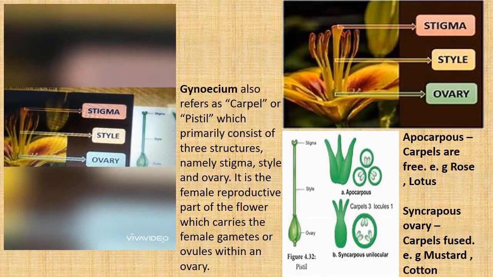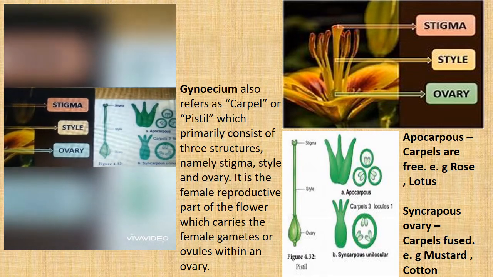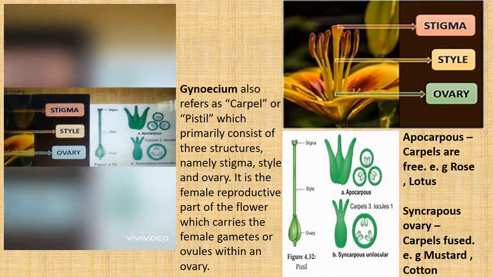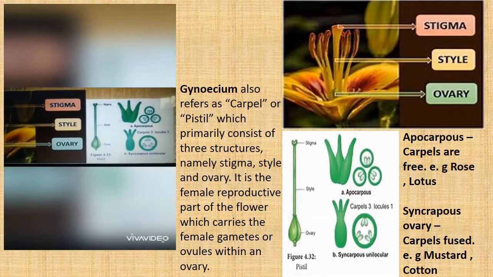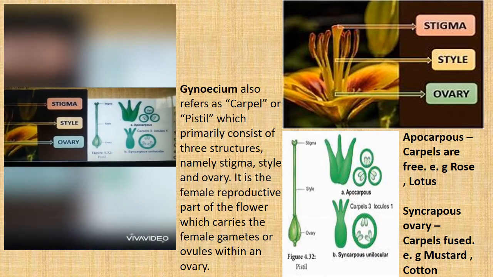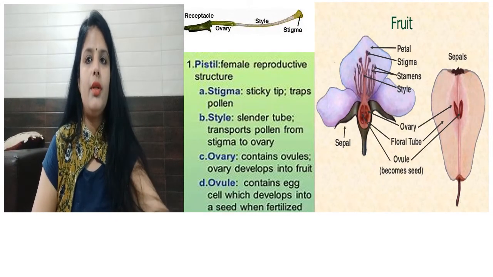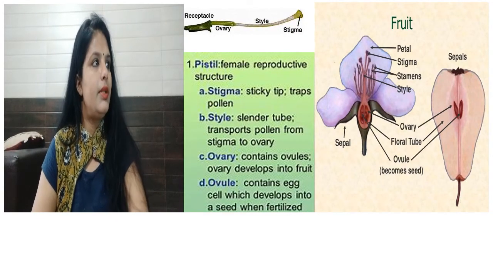Each ovule consists of a large oval cell that is called the embryo sac, and inside the embryo sac there will be an egg cell and synergid cells. This we will discuss in the next slide. For further understanding, you can look at the diagram which is given in the slide.